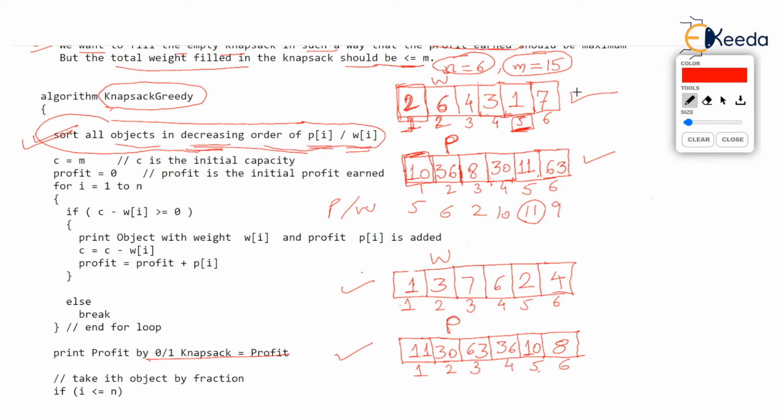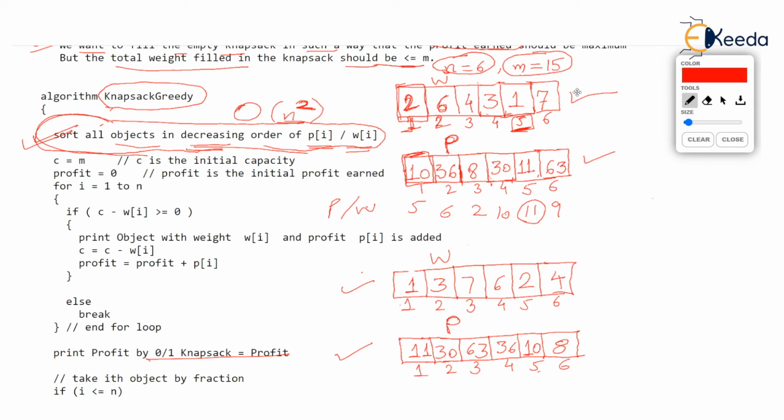For example, if you use bubble sort, then this step itself, sorting all n objects, is going to take O of n square, where n is the number of objects, because you recall that the analysis of bubble sort, that is the number of operations done by bubble sort, is of the order of n square. Even if you have not watched the video on bubble sort time complexity yet, don't worry, but you can imagine that for n objects it will be n square for bubble sort.